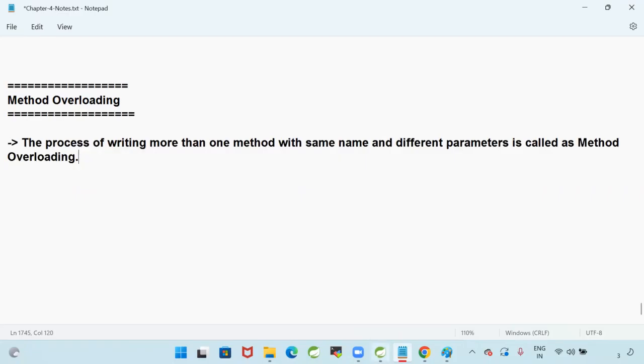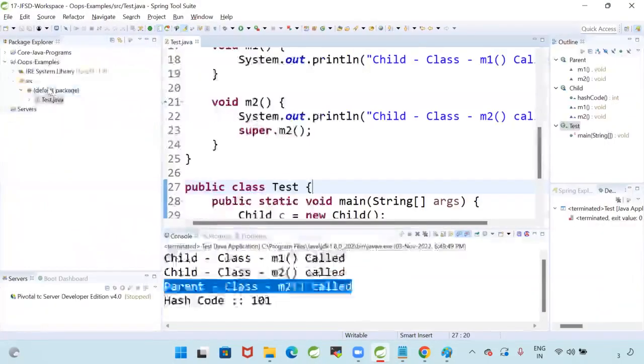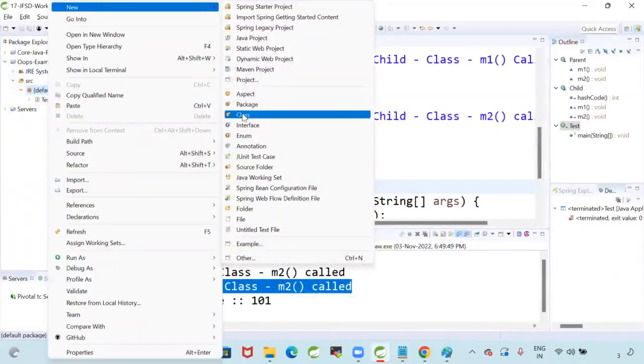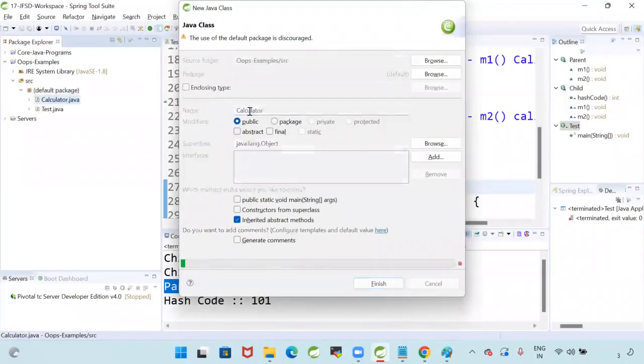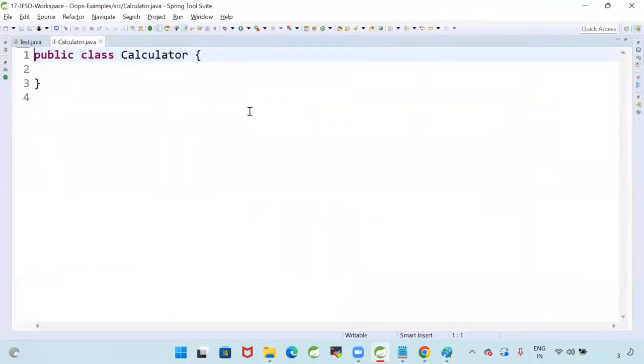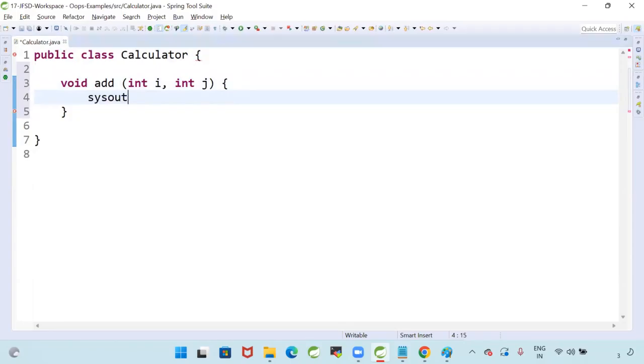Okay, let me take a class, a new class called Calculator. I'm writing void add(int i, int j) { System.out.println(i + j); }